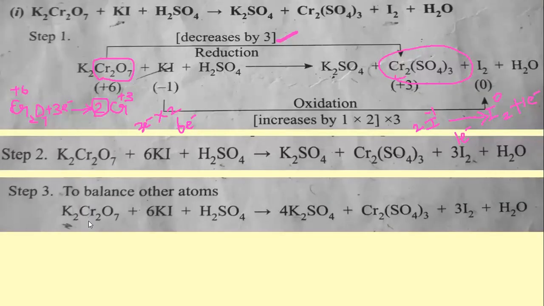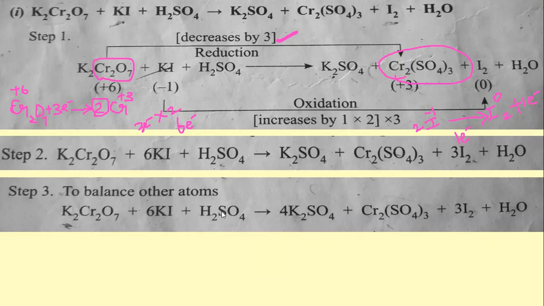See here, K2Cr2O7 plus 6 KI, H2SO4. Here in the reactant side there is 2K, whereas here 6K. So totally we get 8 potassium in the reactant side, whereas in the product side we are having only 2 in the previous step. So to balance it, I am going to multiply it with 4, so that I will get 8 here. So both the sides potassium will get balanced, iodine also gets balanced. Next step we have to check for this sulfur and then oxygen.